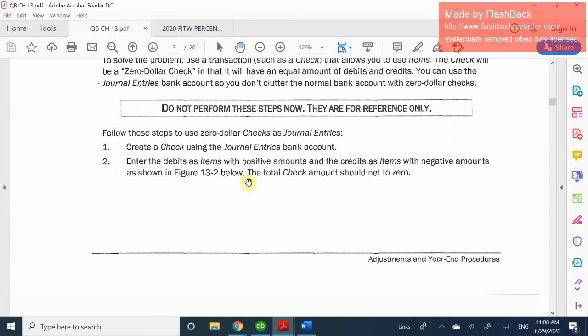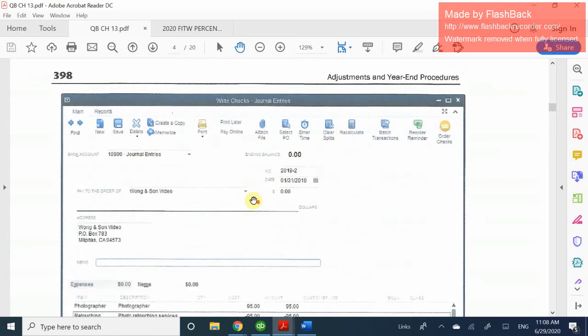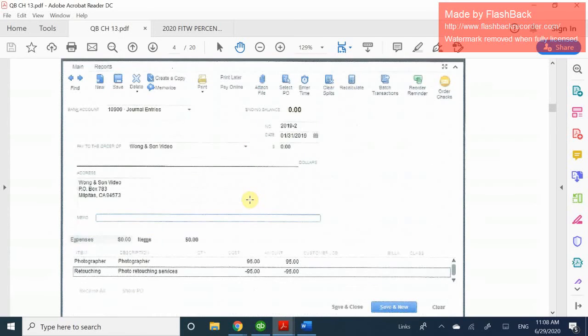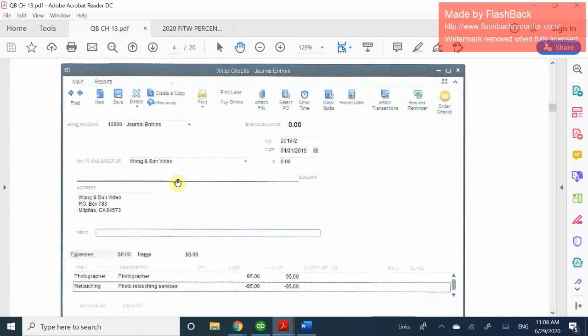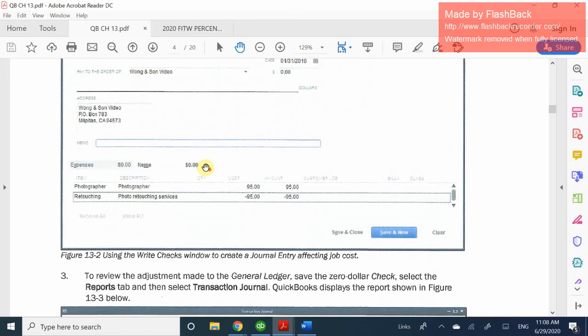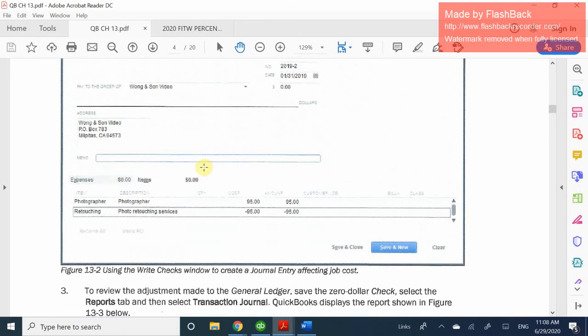And then we're going to debit the line item. So let's go ahead and look at the picture below and see what we need to do. We need to look up Mr. Wong and Son, right? They are our third-party vendor. They're the people that are our photographers. So in case you want to zero their expense out, what you're going to do is